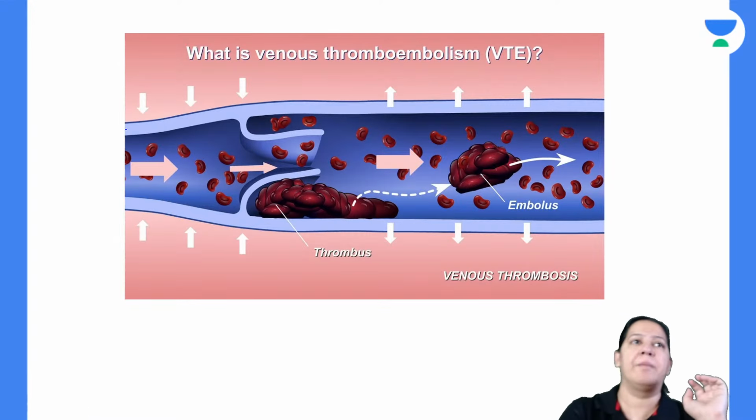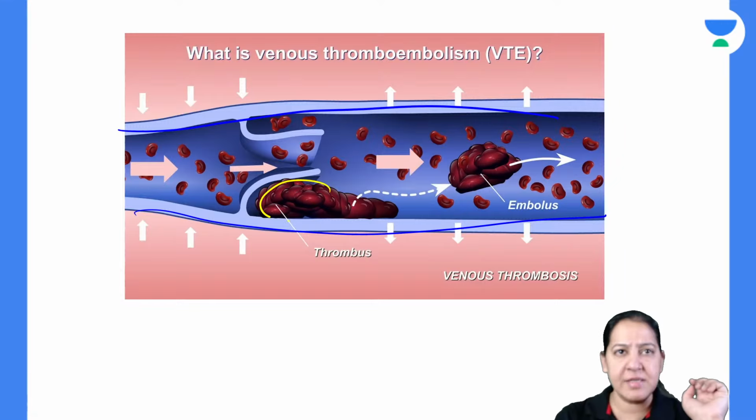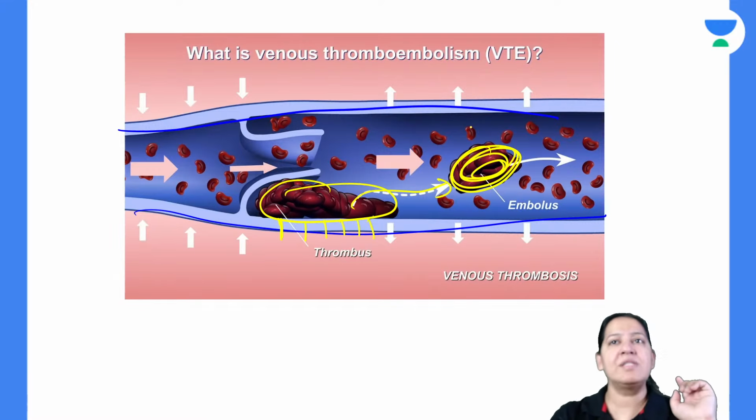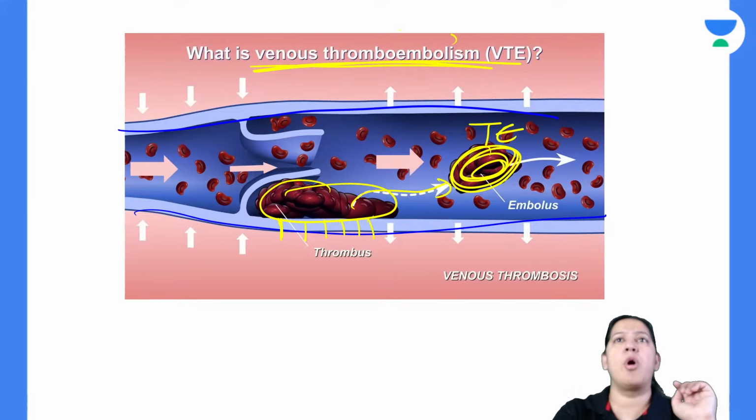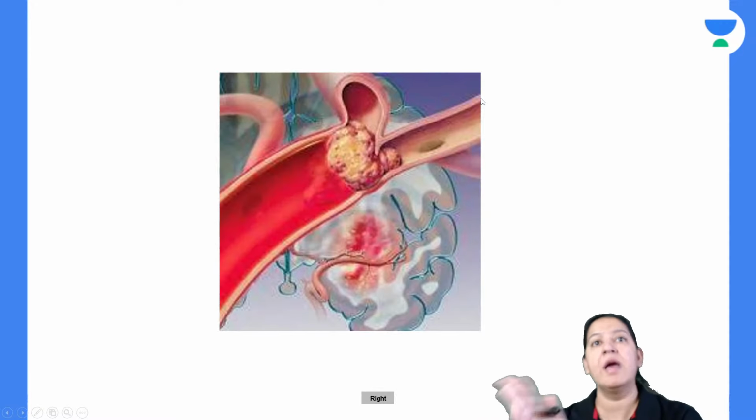Again, a beautiful diagram. Can you see a blood vessel? You all can see a blood vessel. Can you see this is a thrombus, since it is attached to the wall of the blood vessel? Once it gets detached, now this is known as an embolism. So this embolism is known as thromboembolism. 90% of the time it is this one only, and it is solid. The second example of solid, you can see what it is.